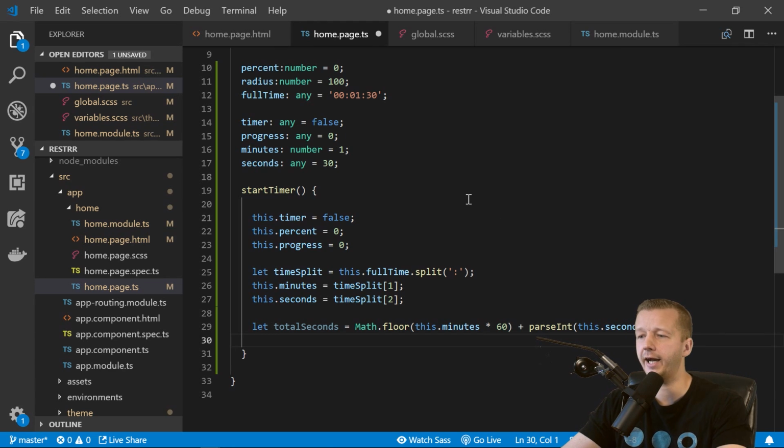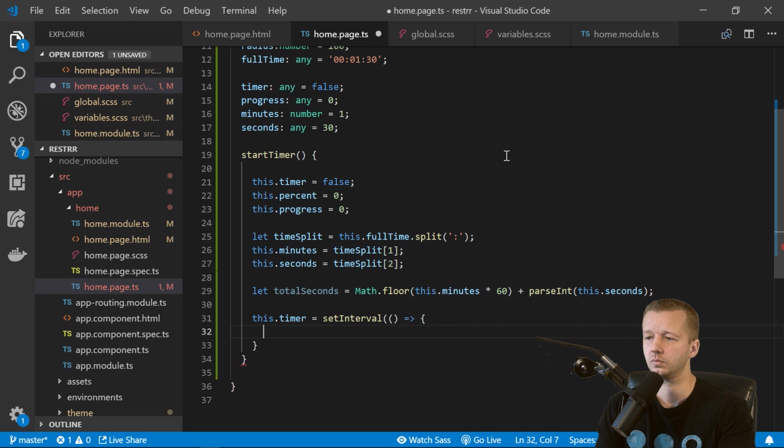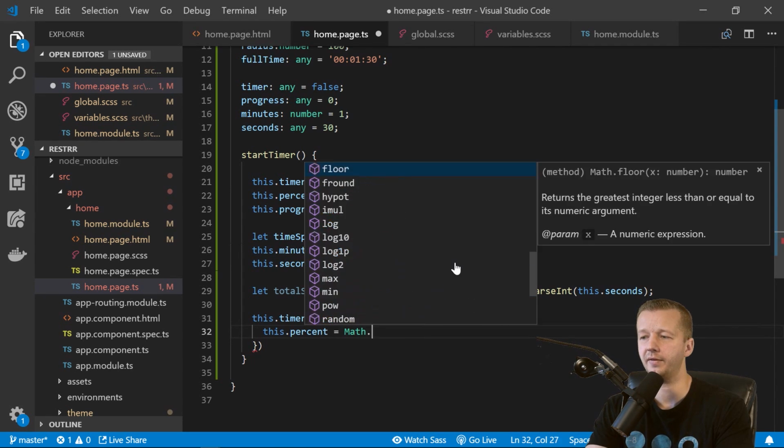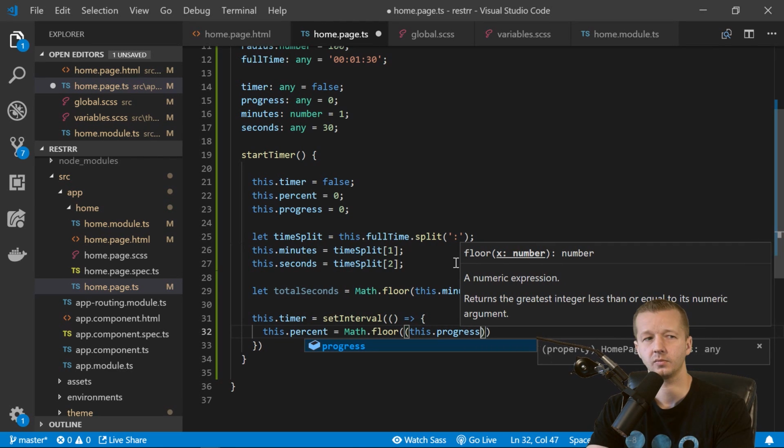Okay, after that, we're going to set up our timer. So this.timer equals set interval. Oops. There we go. And that here. All right, so in the interval itself, we're going to say this.percent equals math.floor, this.progress divided by total seconds